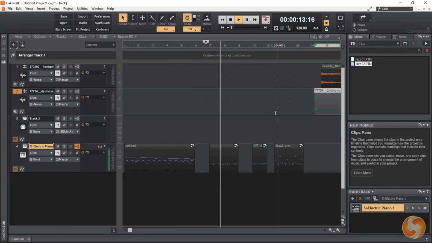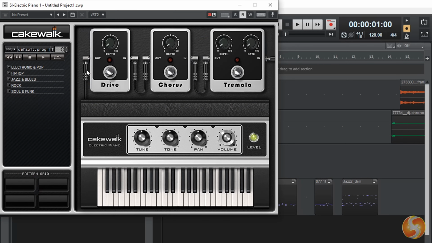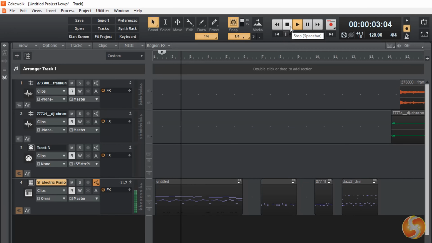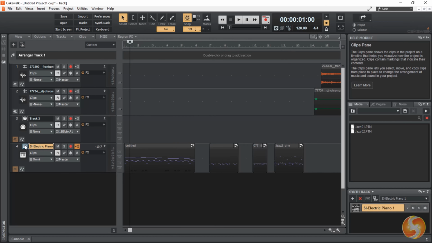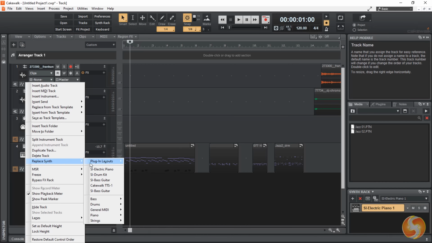All these MIDI clips will sound using the VST instrument chosen for such track. You can edit its properties by clicking on it on the left. You can also change it by right-clicking on it and going to Replace Synth.